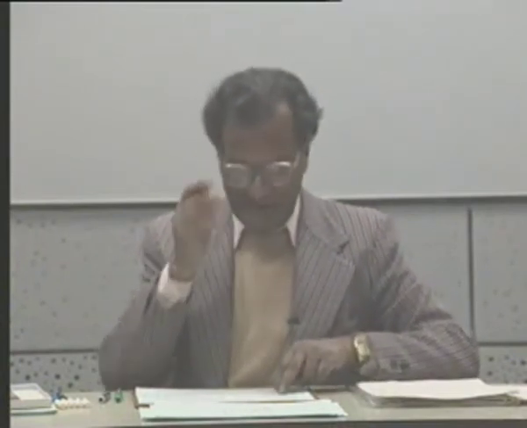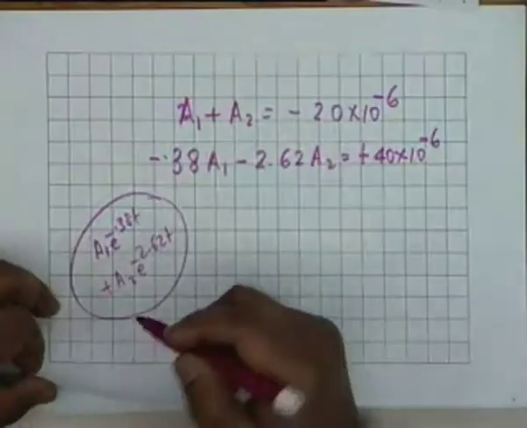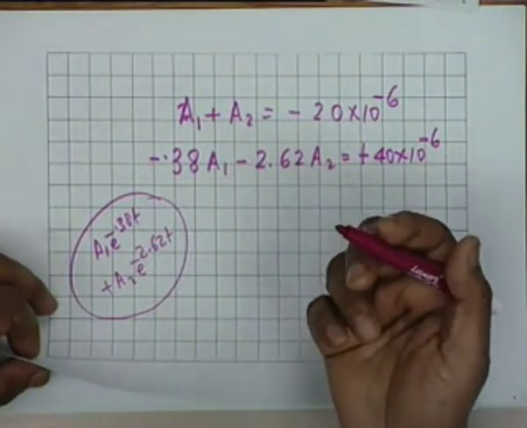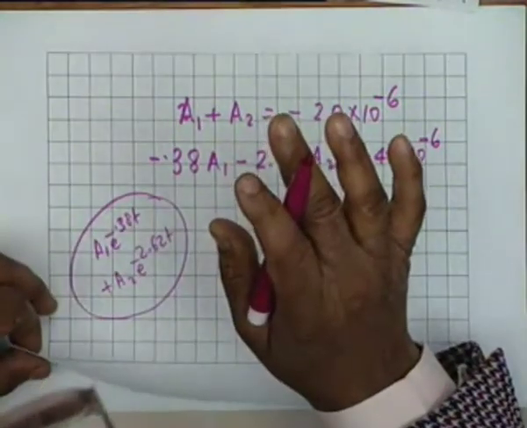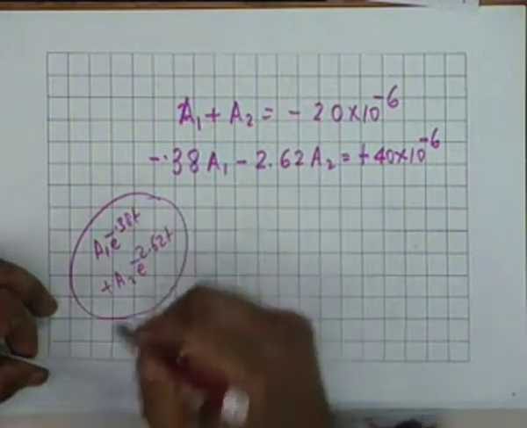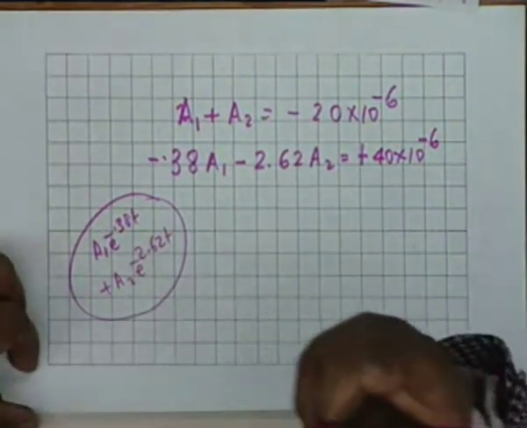Why? Because there is no other time at which the voltages or currents are known. At infinity, for example, natural response will automatically die. You look at A1 e to the minus 0.38 t plus A2 this, at t equal to infinity it has to be automatically 0. So this is no condition, no boundary. You will have to look into the differential coefficient, and that is the clue.